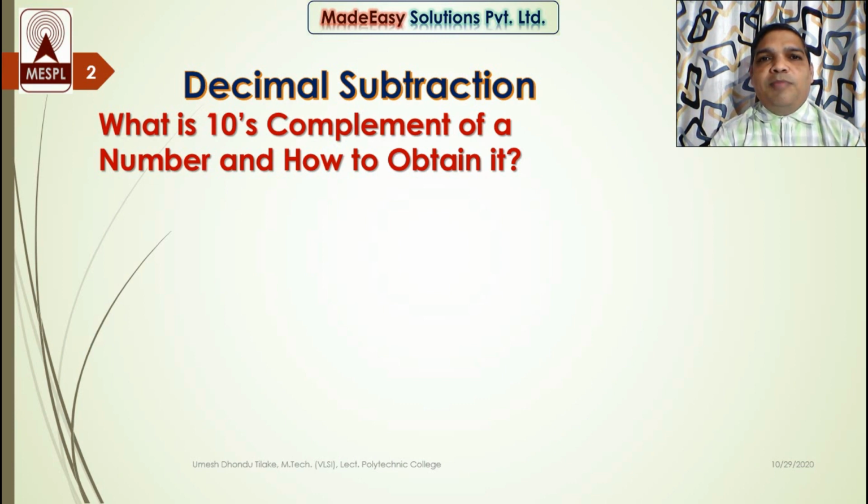So subtracting a number from 10,000, and subtracting a number from 9,999 and adding 1 into it, are one and the same. And you know, when I subtract a 4 digit number from 9,999, it is nothing but the nine's complement of that number. So to obtain ten's complement of a number, first we will find the nine's complement of the number and then we will add 1 into it. The result we get will be the ten's complement of that number.